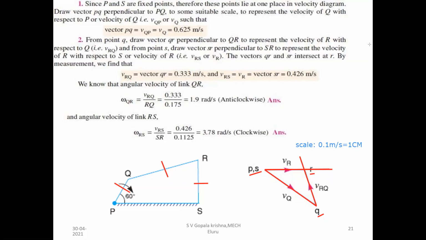Now we have to find out the unknowns. How do we find the unknowns here? QR is going up, and the RS line starts with S, so S to R is traveling here. Then the direction is going towards the right, this direction is going up, and this direction is already going down. So that orientation you have to give here.